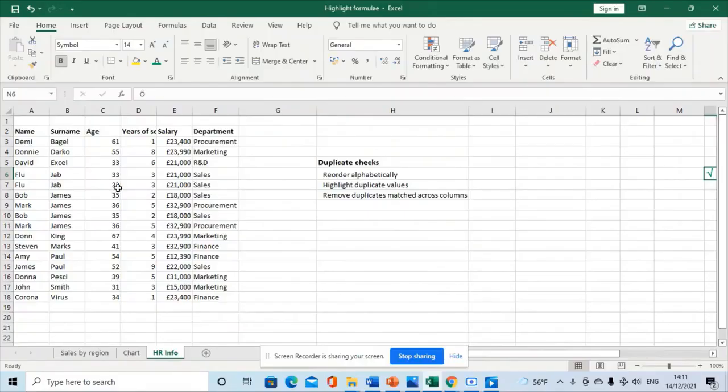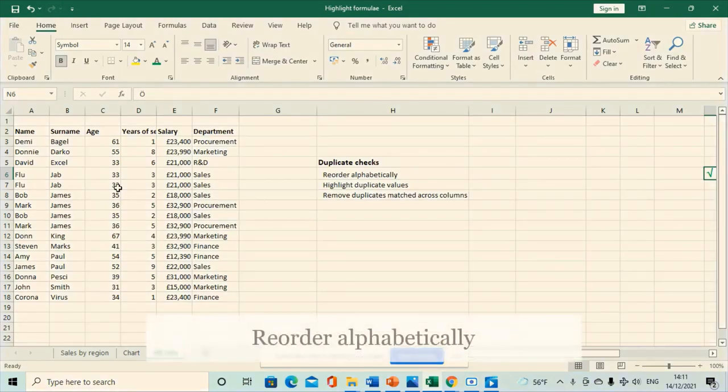In this video, we're going to learn how to highlight duplicates and remove duplicate records. We're going to try a number of different techniques. So with the first technique, we can highlight,